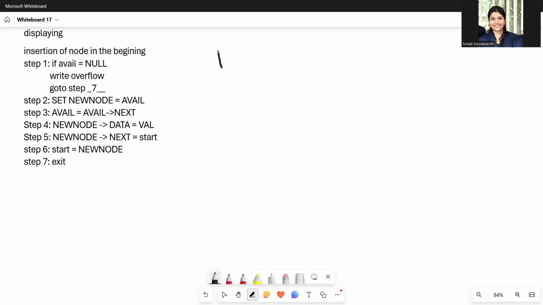And a singly linked list has, again, just quick revision, a node having two fields. One is the data field and the other is the next field. Data holds the value of any type, integer, float, character, and the next field of a node holds the address of the next node, right? So this is how the singly linked list node looks, and we saw how we can insert the data